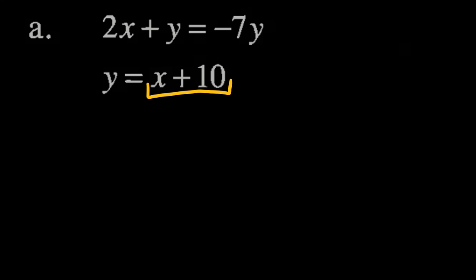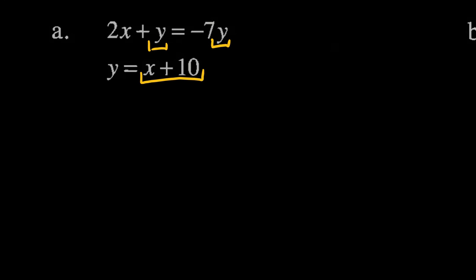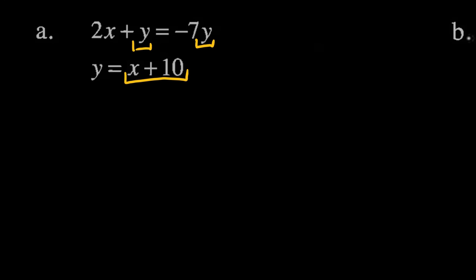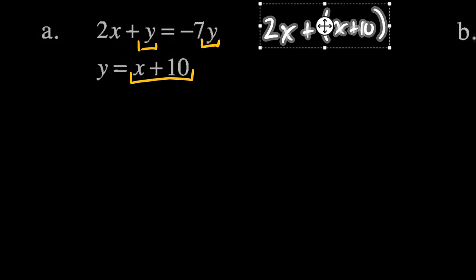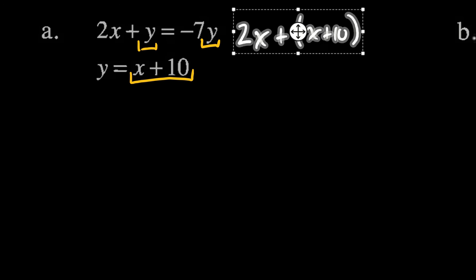As I look at this, I am going to use substitution. This is what I used the first time I solved it too, but I can see that the second equation tells me that whenever I see a y, that's the same thing as x plus 10. My intent here is to replace y in the top equation, and it occurs twice there, with this x plus 10. So I'm going to use what we call substitution. I'm going to rewrite this first equation as 2x plus y, and y is just x plus 10, and that's going to equal